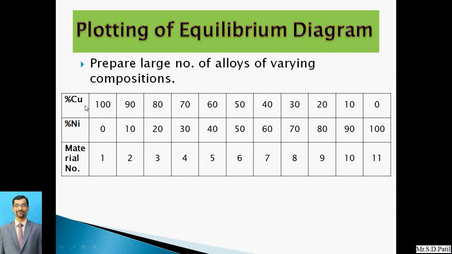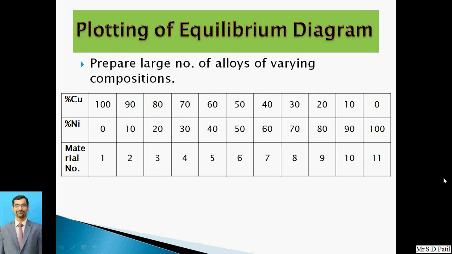90% copper and 10% nickel, and this will be designated as material number 2. Likewise for material number 3, it will be 80% and 20%. So we are adding nickel percentage step by step. Again, in material number 11, there is 0% copper and 100% nickel. Again it is a pure metal made up of only nickel, with no copper present. So likewise, this is the one sample we have taken for our